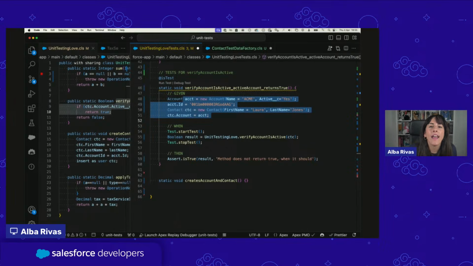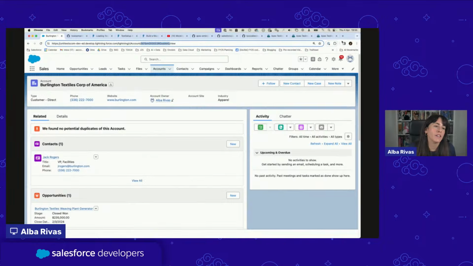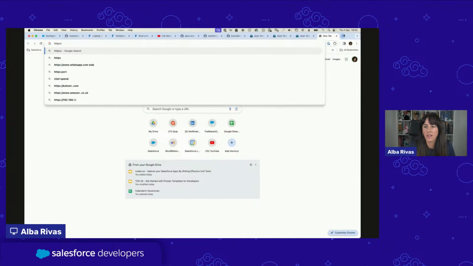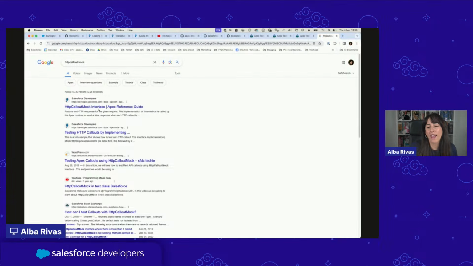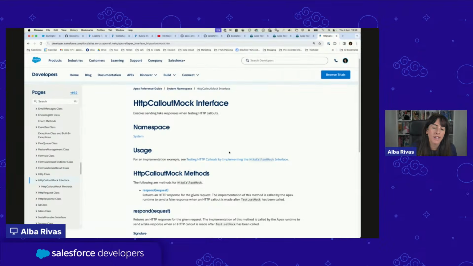Okay. Eric, thanks for the patterns sharing. Do you know some patterns for external callout mockup testing? Well, for external callouts, the typical approach is to use the HTTP callout mock. And I don't know any specific open source patterns that